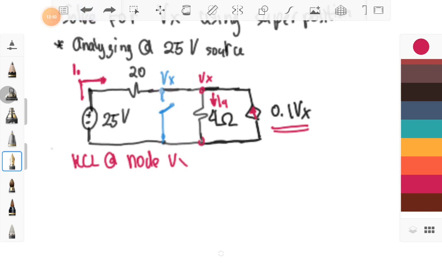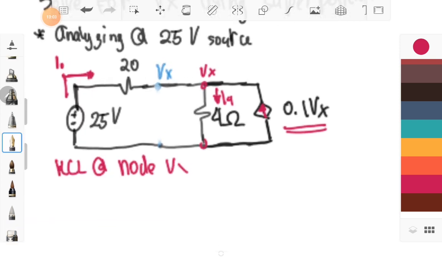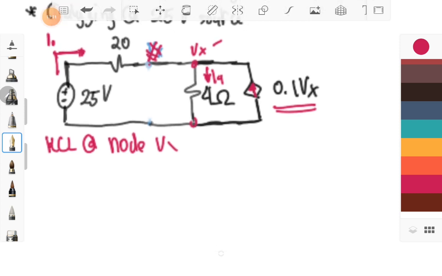Ibig sabihin pag open dyan, pwede natin sabihin na wala yan. But take note that there is also voltage in the terminal. Okay, so pwede natin tanggalin yan. So this will be our Vx, because this Vx is in parallel with this Vx, therefore they are the same. So considering our Vx, let's say that this will be your Vx,